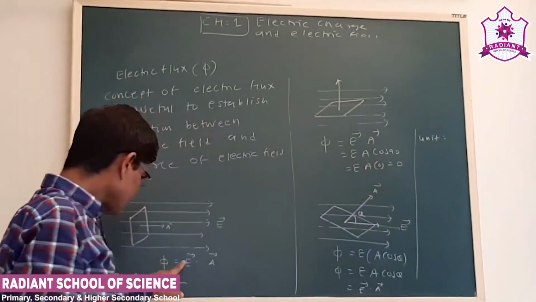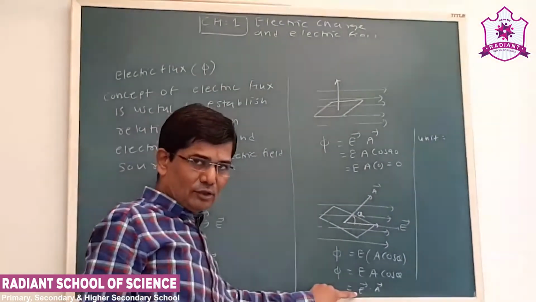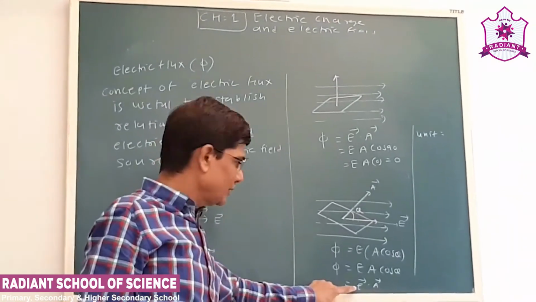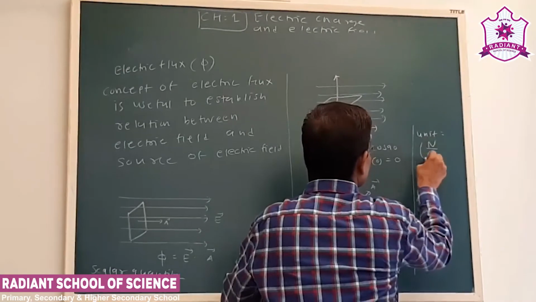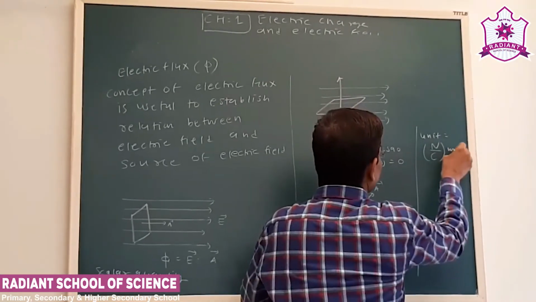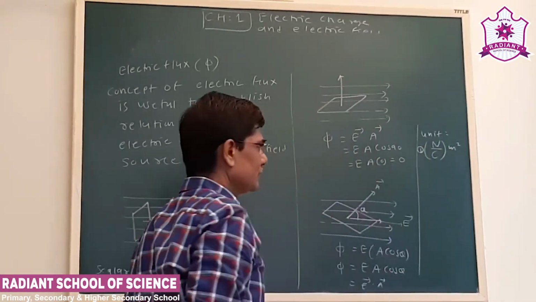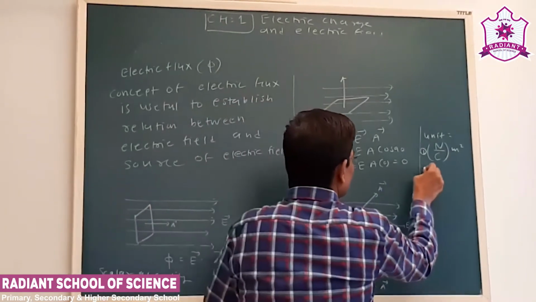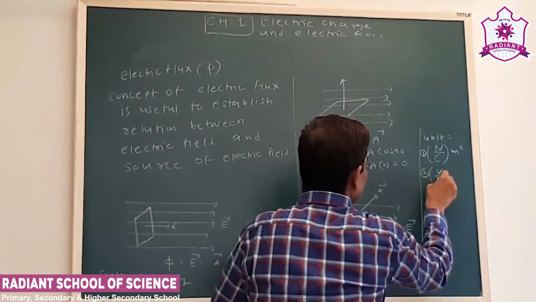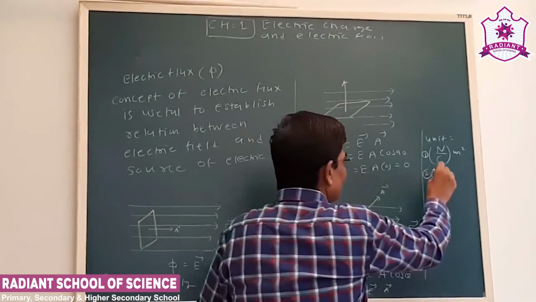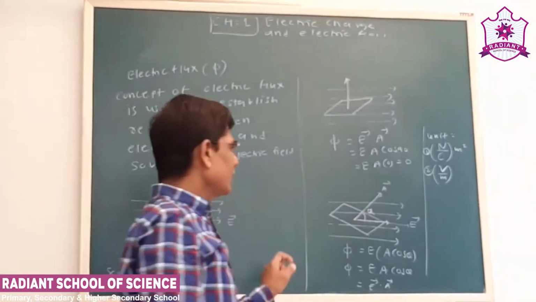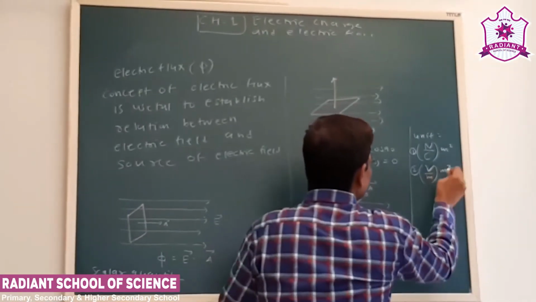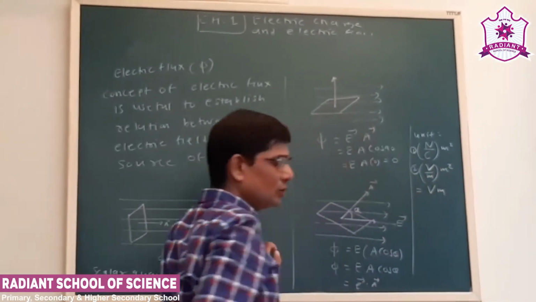What is the unit of electric field? Electric field is Newton per coulomb and area is in meter square. So the first unit will be like this. Now see, another unit of electric field we have seen earlier is volt per meter. Capital V shows voltage here. Okay, that we will see again in the second lesson. Area is in meter square. So this is nothing but the voltage unit.